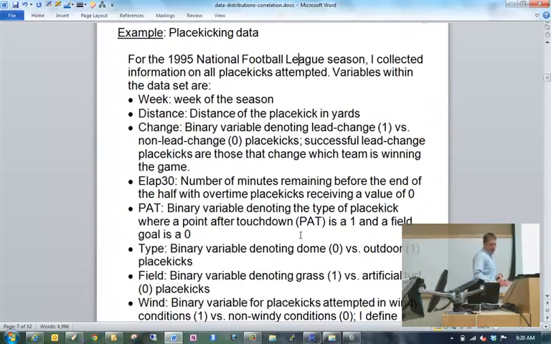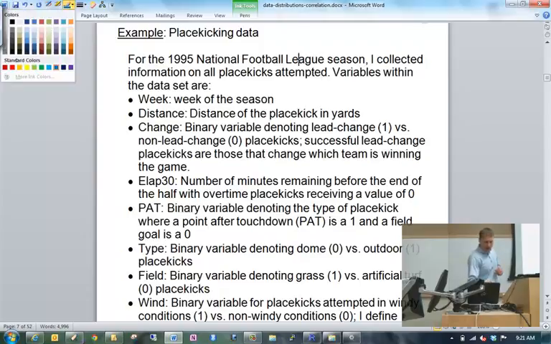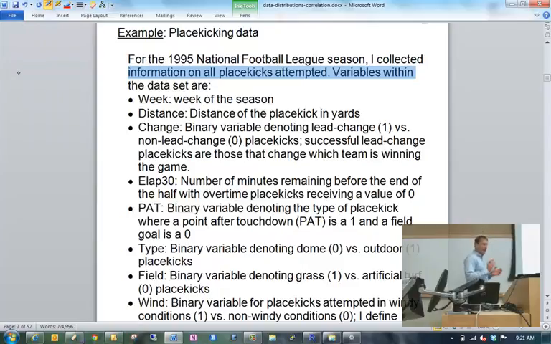And lastly, of these motivating data sets, we're going to look at what I call the place-kicking data set. And again, if you've had me for SET 875, you have seen this data set many times before, but don't worry, we will be using this data set in a different way. We are more interested in this particular example of prediction versus what we were doing in SET 875. And so this is a data set that I actually collected myself. It came about